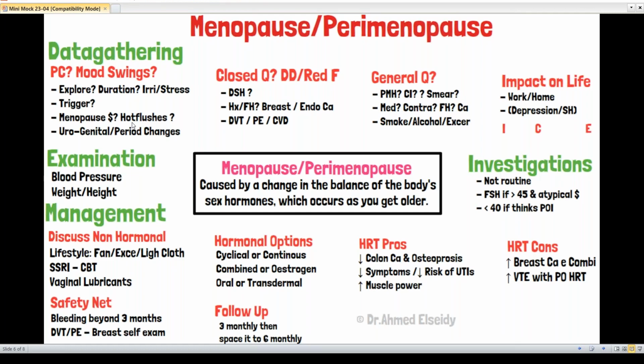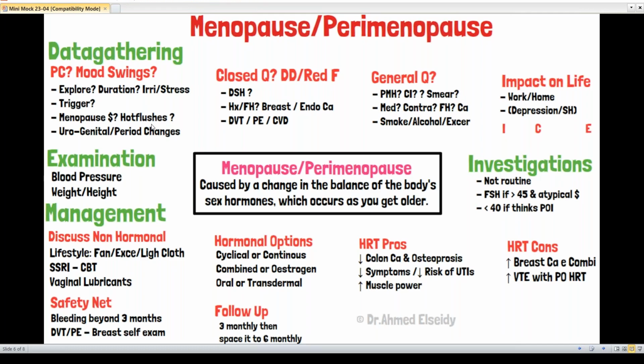And the menopause has 4 symptoms. Okay, write after me if you have a pen. Menopause has 4 symptoms. First one is urogenital symptoms. Second one is vasomotor symptoms. Third one is period symptoms. And the last one is psychological symptoms. So she came with psychological symptoms like mood swings or irritability. So she gave you that.